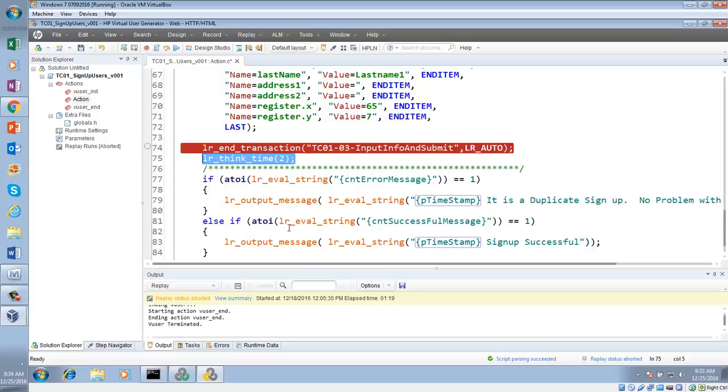But think time goes in between transactions, so that the script does not just go and finish everything in a second. We are giving it a little bit of breath, because in real life, when you use an application, you click on it, then you take a little bit of time, then you do another task, then you take a little bit of time, right? So we are trying to generate the same situation here.